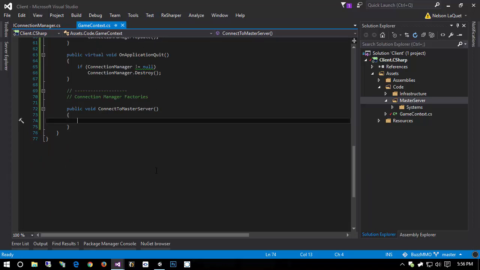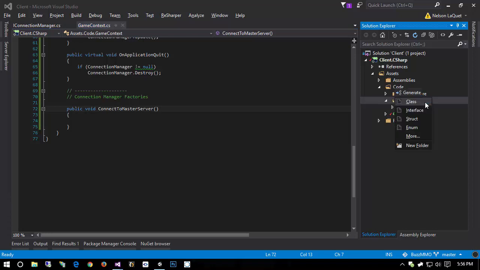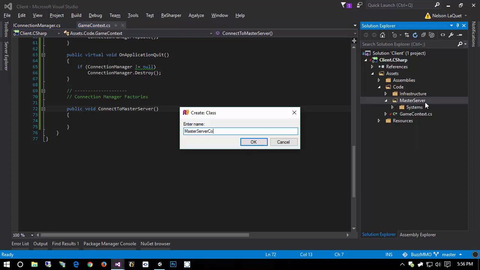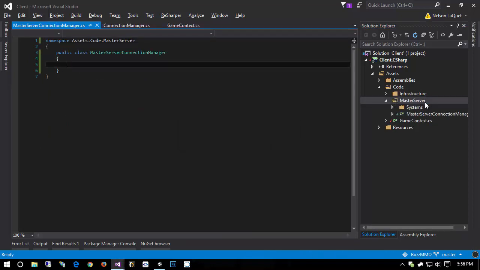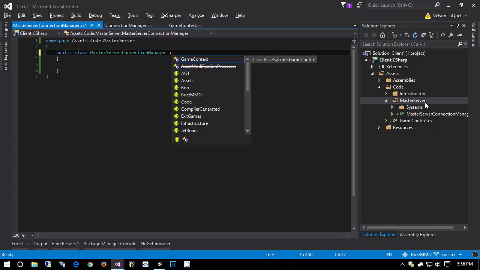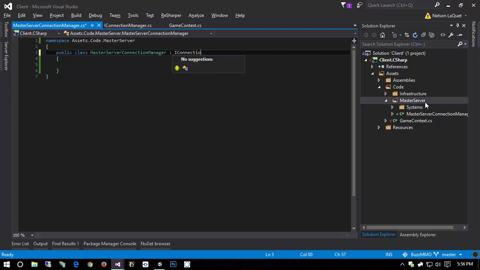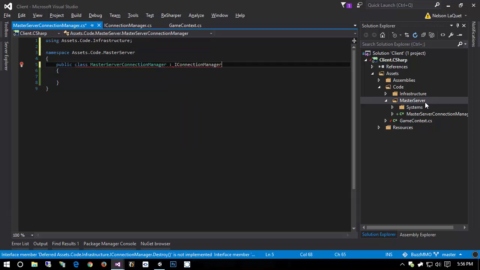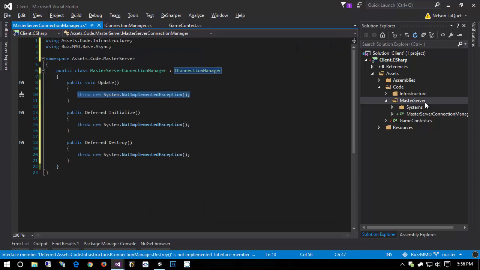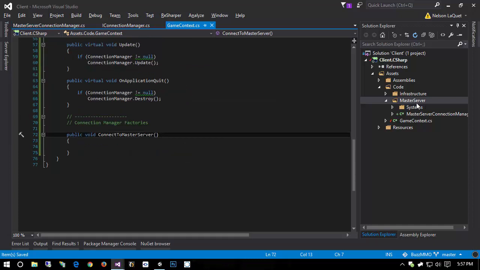Okay, so to connect to master server, let's go ahead and create our master server connection manager, which will simply implement IConnectionManager, which of course comes from the assets code infrastructure. And we'll just go ahead and leave the implementation as it is. So we have the three methods, and they all throw not implemented. So for connect to master server, I do want to return a deferred of master server